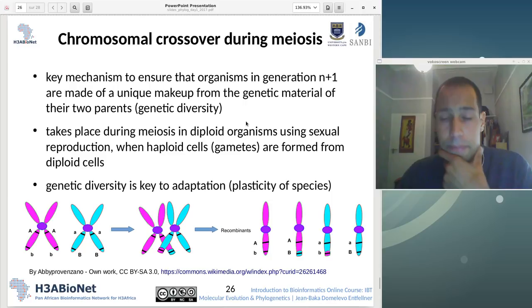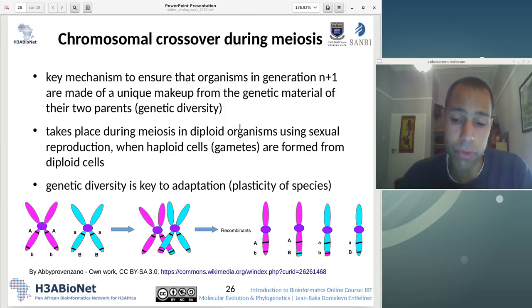Chromosomal crossover during meiosis is one of the key mechanisms that ensure that you have a fair amount of genetic diversity in a population. Remember that genetic diversity is key for selection to happen, because if you don't have enough genetic diversity, you don't have enough